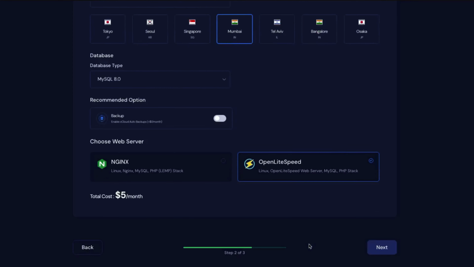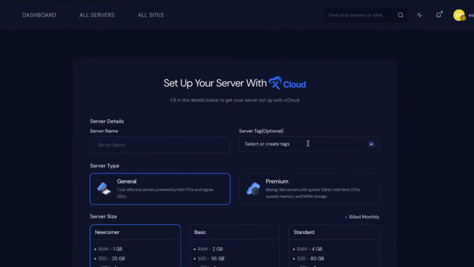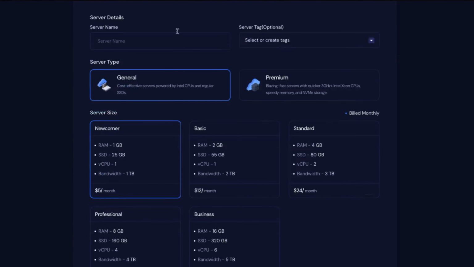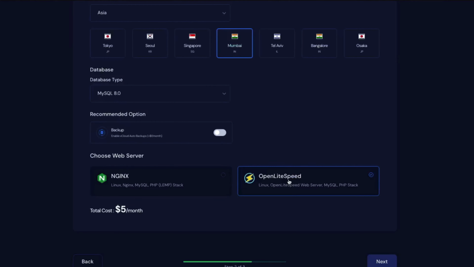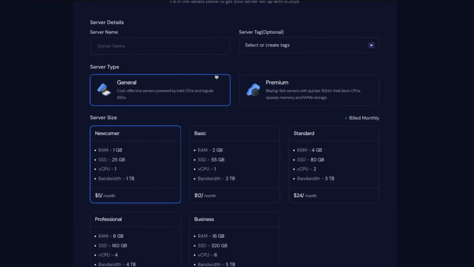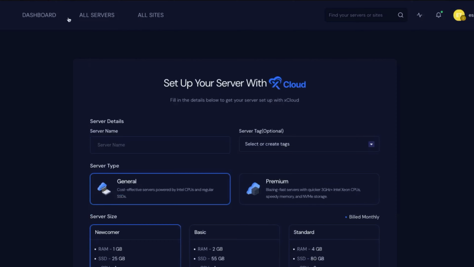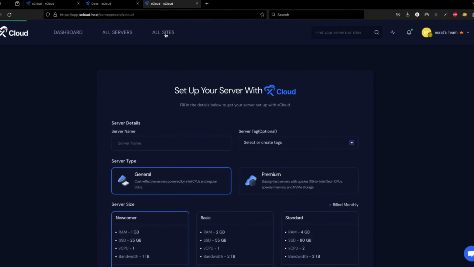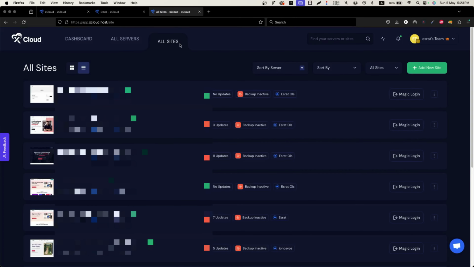To choose any of these, go to next, and they will do all of these provisioning and settings for you, will take a payment and will create a server. I don't want to add any server right now. So after creating a server, you will have the option for creating a site. So go back to your site, add a new site,